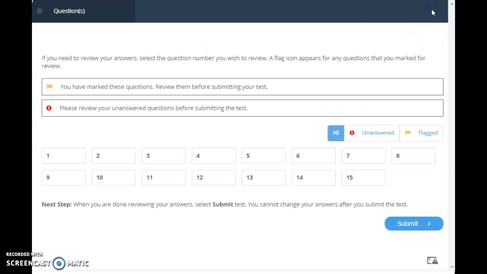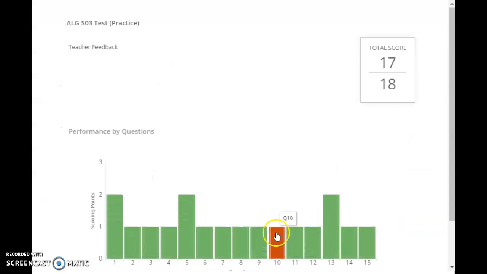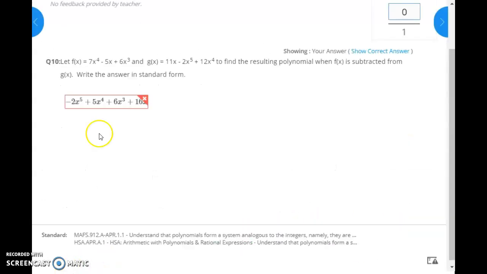Submit. Submit. And I missed one. So I see I made a mistake. I should have had minus 6x cubed here. I accidentally